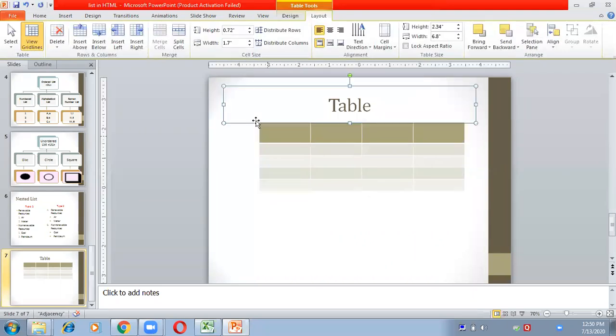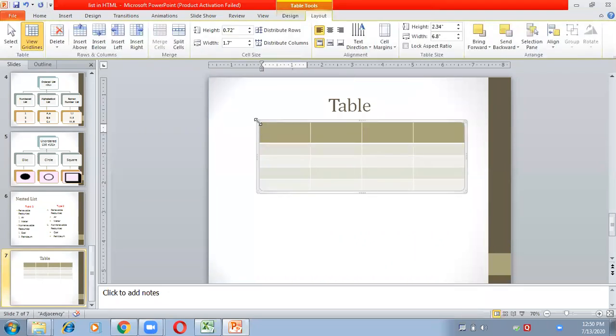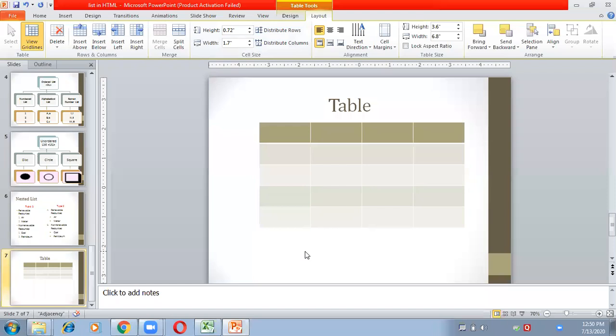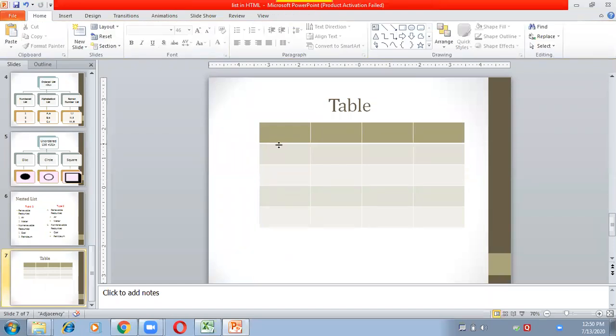If you select the whole table and then change it to 0.72, it will change for the whole table. So this is how you can change the height and width of the table.